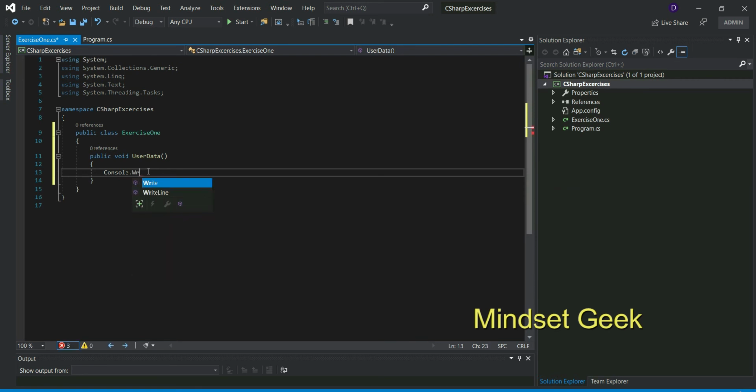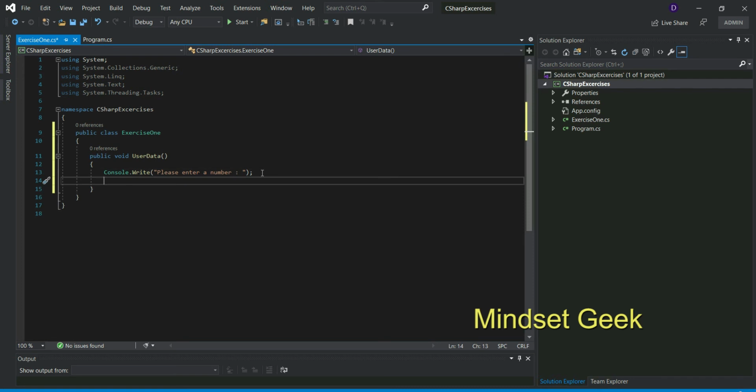Console.Write, I use, you know this thing, right? Please enter a number. We ask users to enter a number, but we don't know what the user will enter. Sometimes the user will enter his name, or sometimes it will be a SQL injection, right? We can't trust users, we have to validate, but this time we are not doing that.